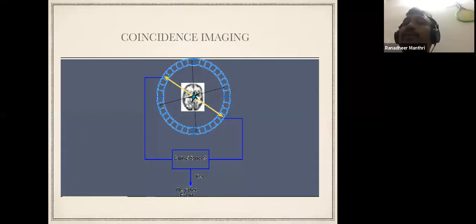So the quality of an image is directly proportional to the noise equivalent count rate. From the beginning of my talk, I am emphasizing that any machine's ability to decrease the noise and increase the signal is its measure of a good quality machine. Whenever you are buying a PET-CT machine, ask the vendor what the noise equivalent count rate is. The higher the noise equivalent count rate, the higher the quality of the image.